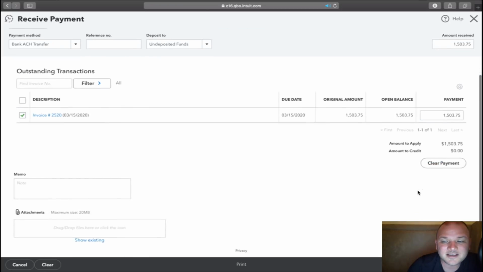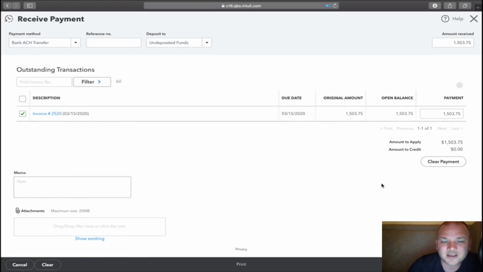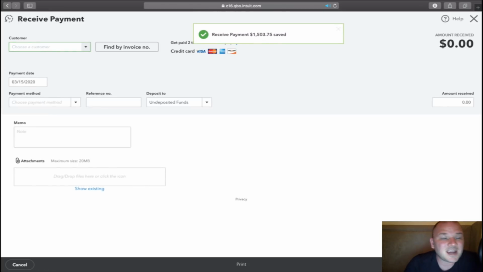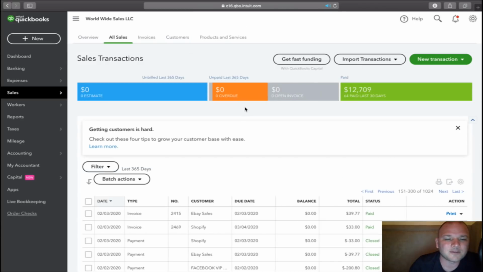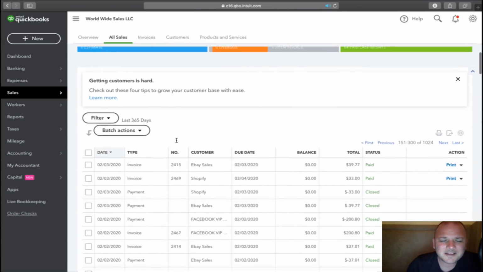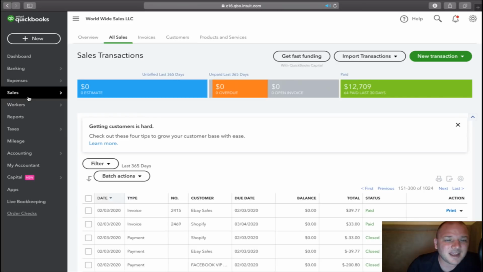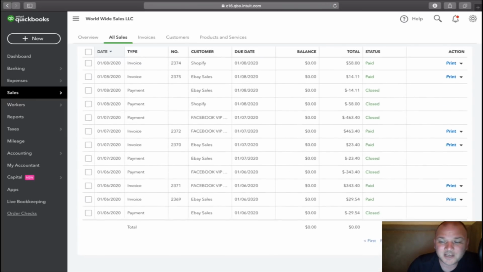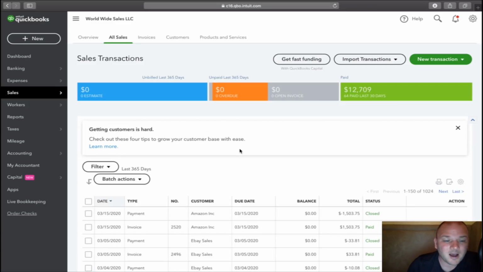And then you guys can see $1,503.75. And I'll hit save and new. So it just saved my payment. Now, it's now a new one, so I can go ahead and close out because I don't have a new one. Now, let's go down to my sales for March 15th, which is now input because we just did it,